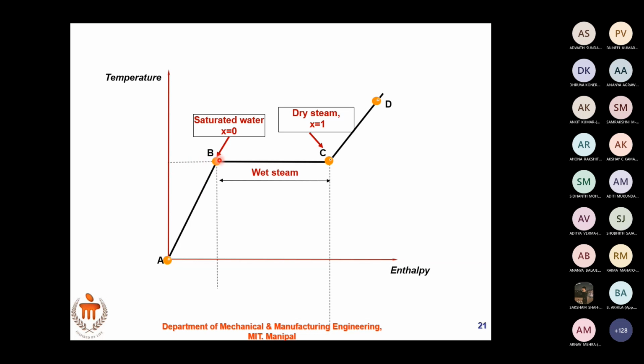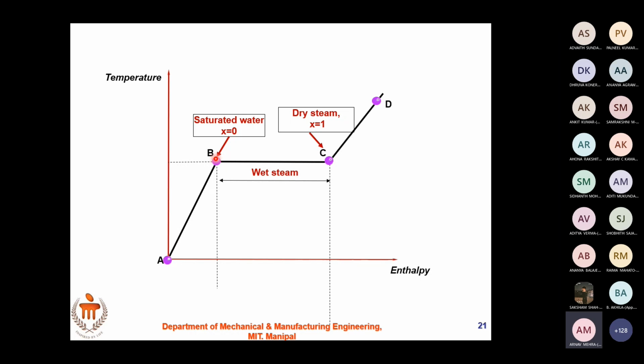Now, here, what is that? Saturated water at saturation temperature at the given pressure. Yes, that is the complete definition. At the given pressure, this point B represents the saturated water at the saturation temperature. Okay, next, what will happen? We go on adding heat. What is happening? Vaporization. The saturated water will start changing into steam.